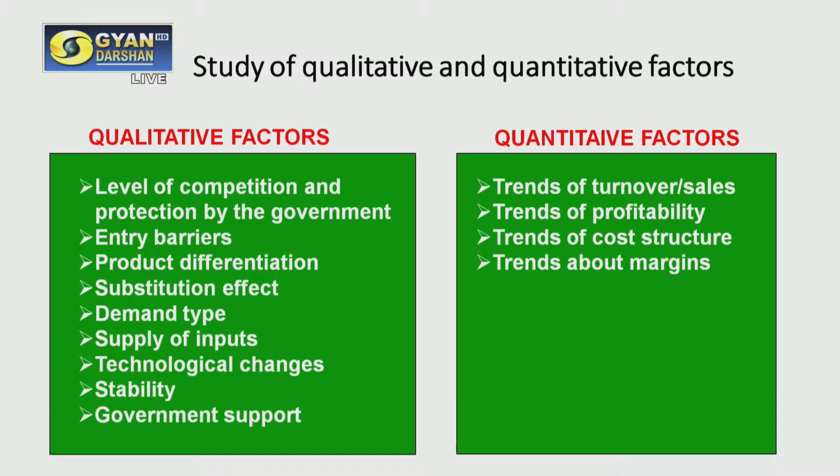These qualitative factors help me in finding out whether this industry will grow in future or not. If you simply find out there are demand and supply gaps, then definitely industry will grow. इंडस्ट्री ग्रो कब करेगी? जब डिमांड ज़्यादा होगी, सप्लाई कम होगी। रिवर्स होगा तो इंडस्ट्री ग्रो नहीं करेगी। उसी तरीके से आपको इंडस्ट्री के बारे में क्वालिटेटिव फैक्टर्स भी देखते होते हैं।